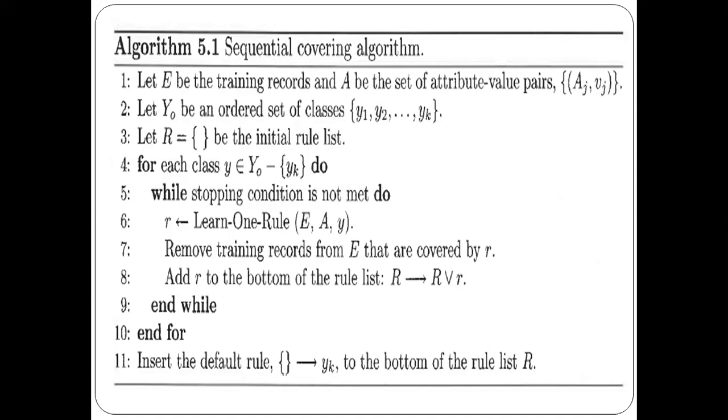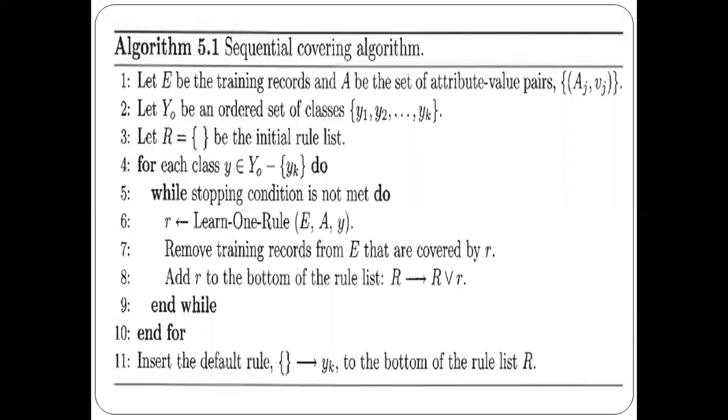This sequential covering algorithm will be extracting the rules in a class by class order. Each time it will be extracting the rules that belong to one class, and then it will be extracting the rules that belong to the second class, like that. So each time it will be extracting rules that belong to one class at a time. After finding the rules that belong to one class, it will be extracting the rules that belong to the